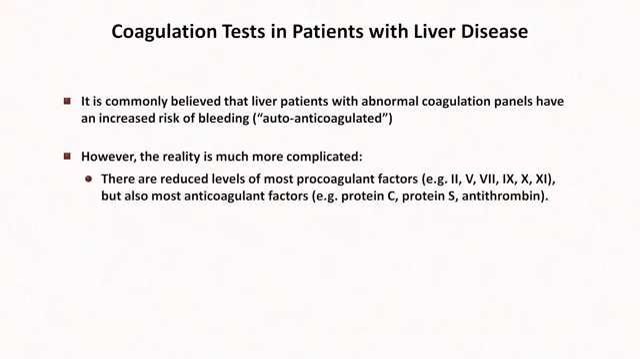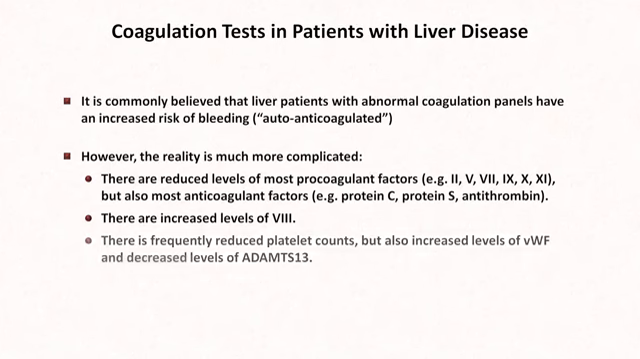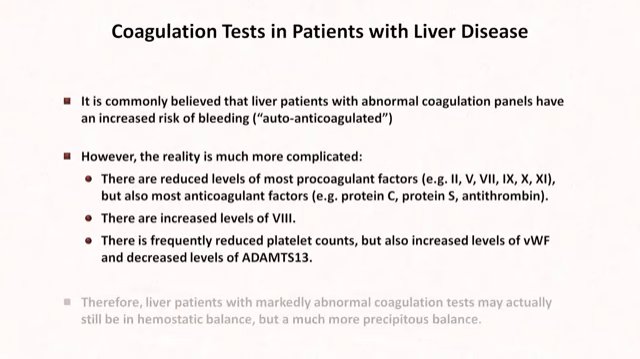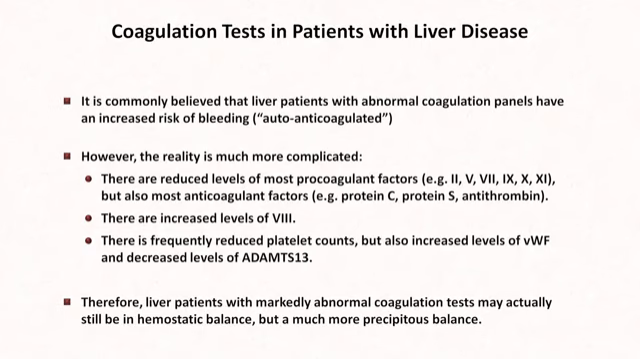There are reduced levels of most procoagulant factors, that's true, but also most anticoagulant factors as well. There are actually increased levels of factor VIII, and while there are frequently reduced platelet counts, which predispose to bleeding, there are also increased levels of von Willebrand factor and decreased levels of ADAMTS13, which may predispose to clotting. Therefore, liver patients with markedly abnormal coagulation tests may actually still be in hemostatic balance, but it's a much more